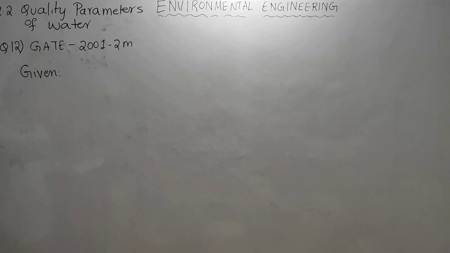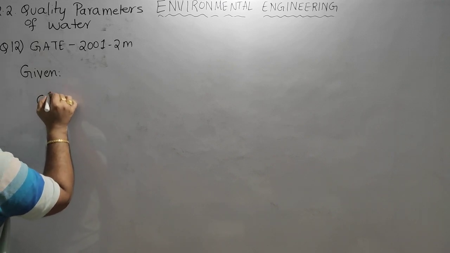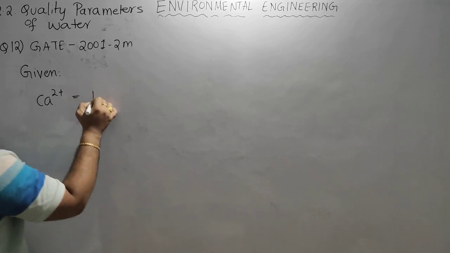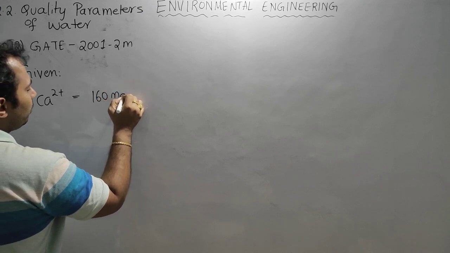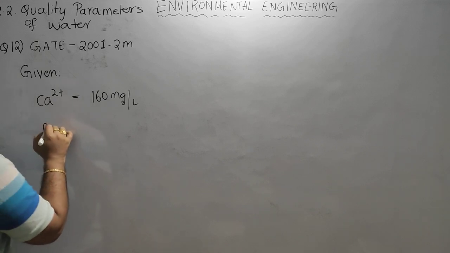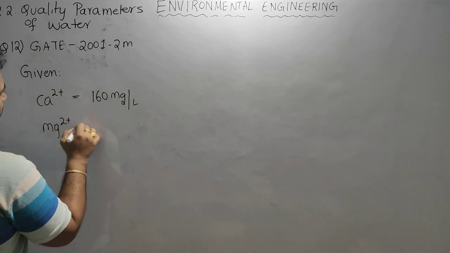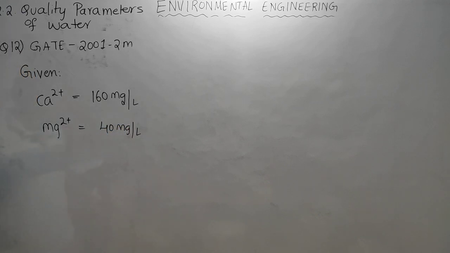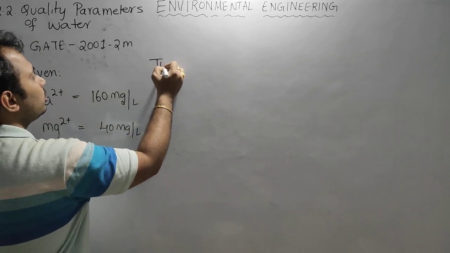The given data is Ca2+ concentration is 160 mg per liter, and Mg2+ ion concentration is 40 mg per liter. Total hardness is how much? So total hardness